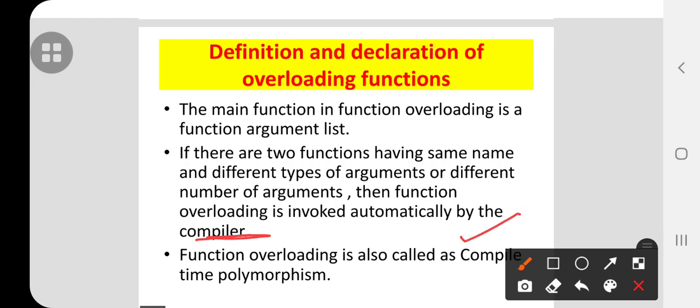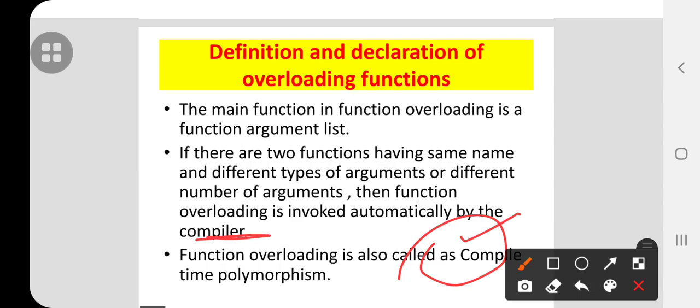You all might know compile time error, is it right? This means that at the time of compilation this polymorphism takes place. So another name for function overloading is compile time polymorphism. You all have to understand this. This is an important question from the exam point of view.